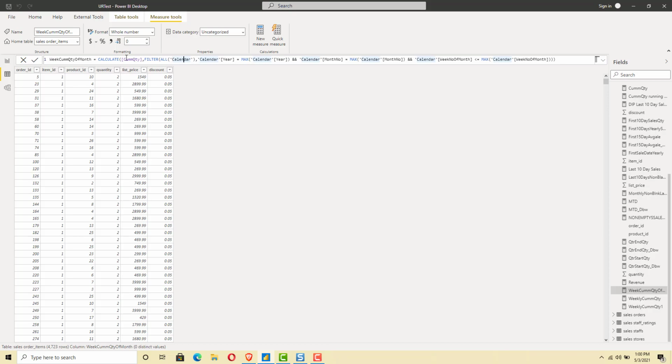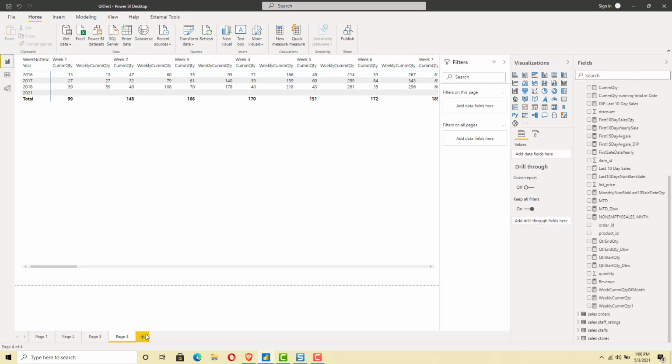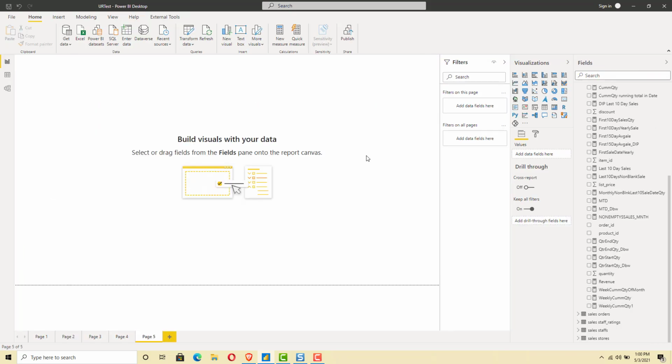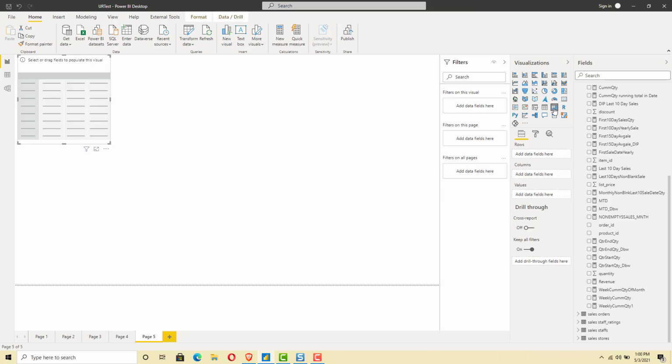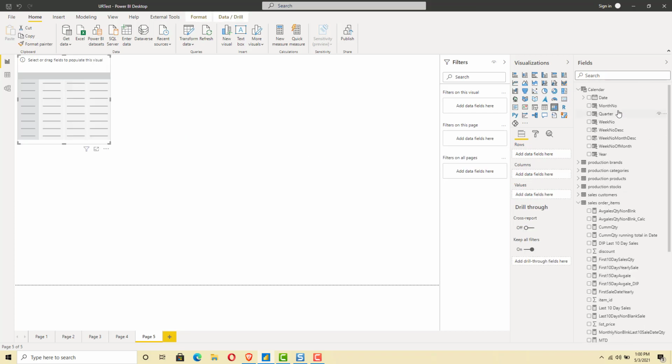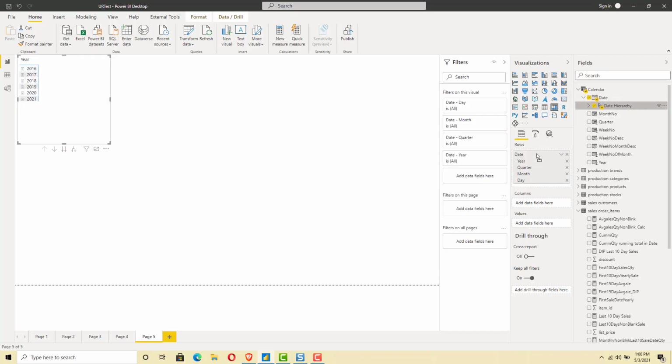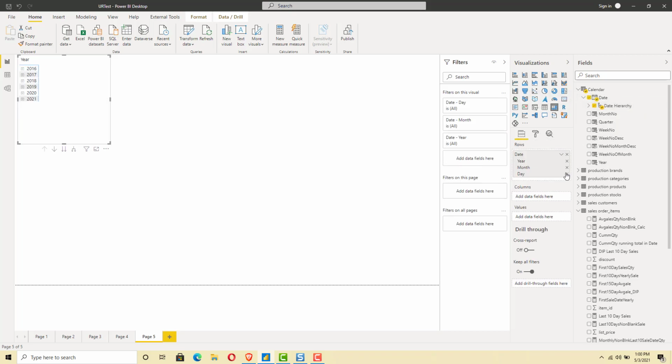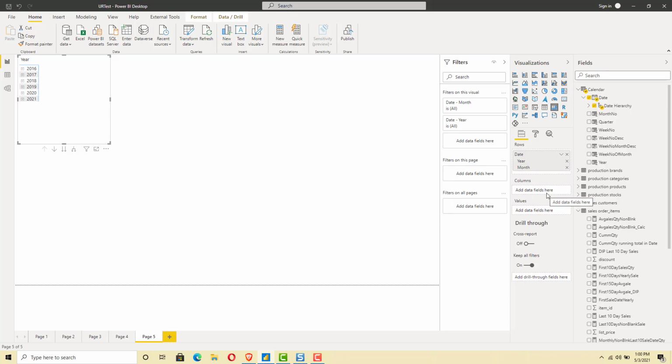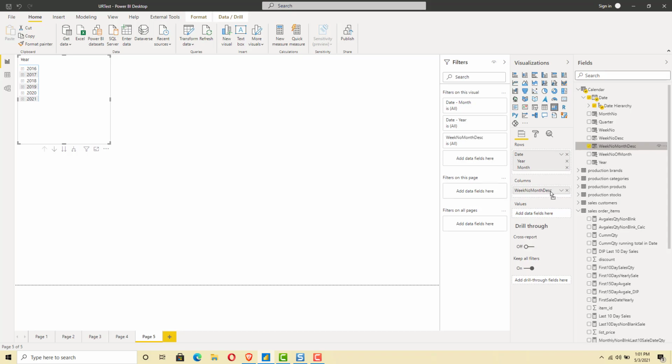Once we create a measure like this, it's very easy for us to use inside our visual. So let's create a new visual and see this in action. Because we need a stepped report, the best visual for us would be a matrix. So add a matrix, and for the rows we need to drag and drop a date hierarchy, and we don't need the full hierarchy, we just need the year and the month. And for the columns we need the week number of the month. There we have this week number of the month description field, which is a string field suited for using inside our report. So use this as the column.